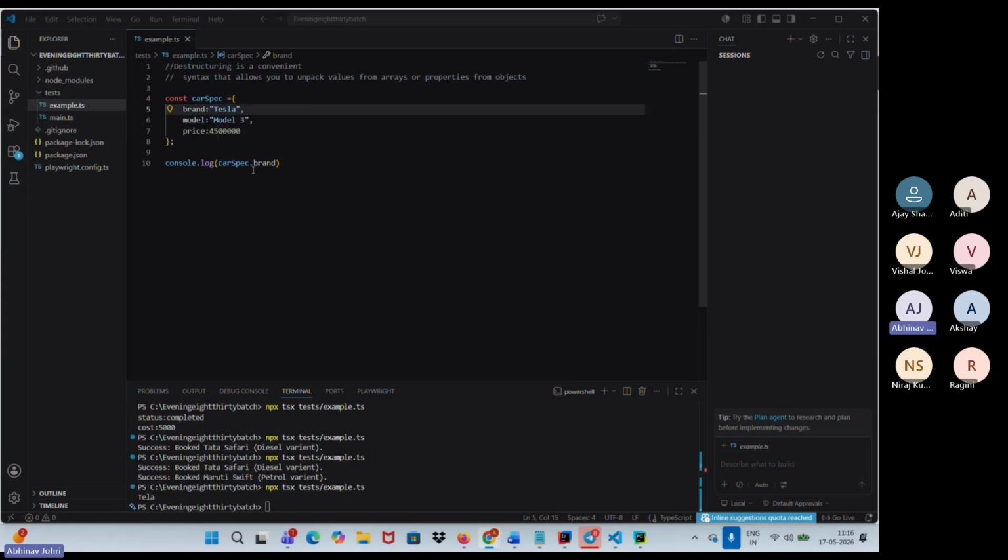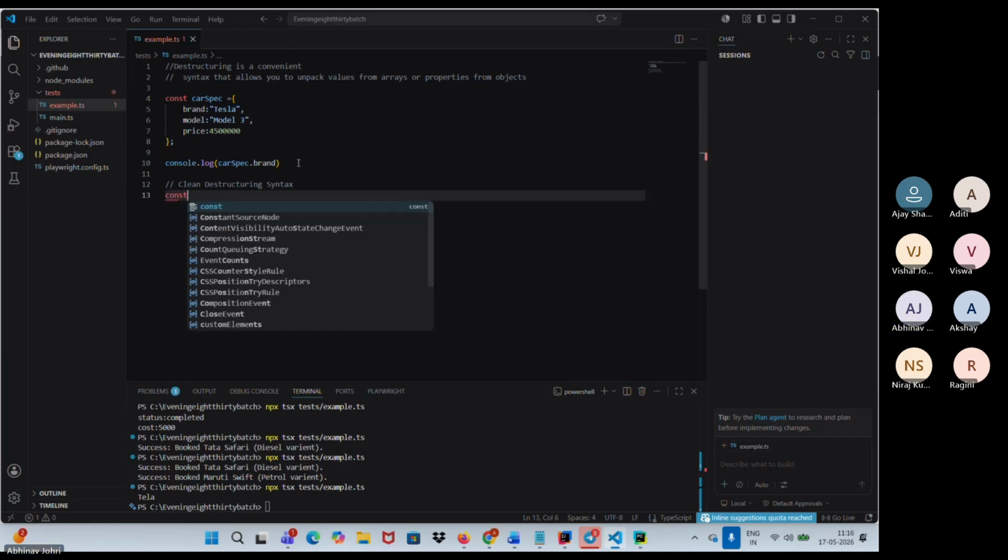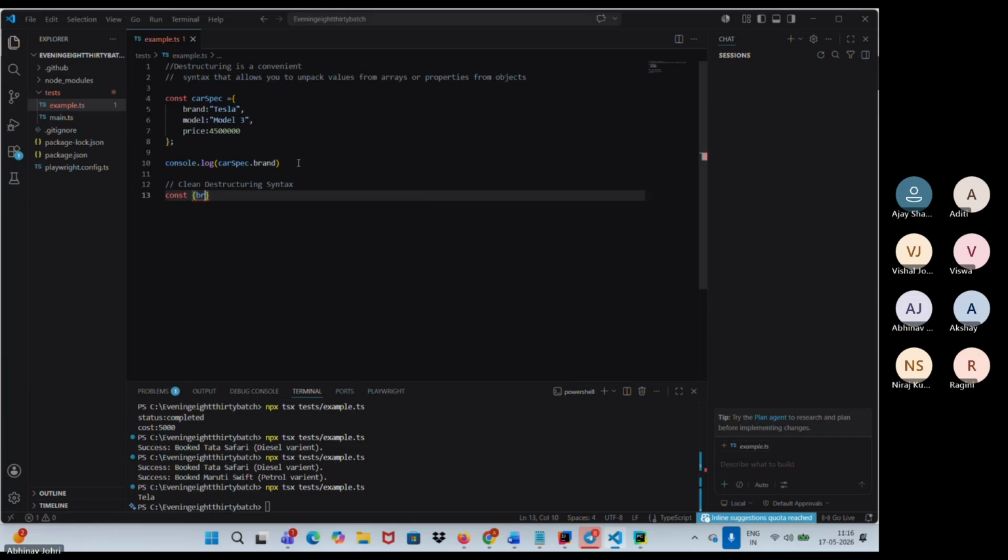Till now you had to use carSpecs.brand, carSpecs.model, carSpecs.price. I put like this: const brand, comma, model, comma, price, equals to